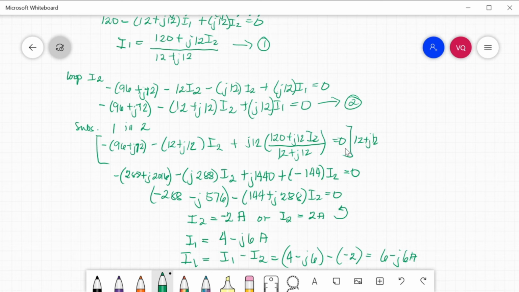Multiplying both sides by (12 plus j12), and then you will get negative 288 plus j2016 minus j288 I2 plus j12 times 120